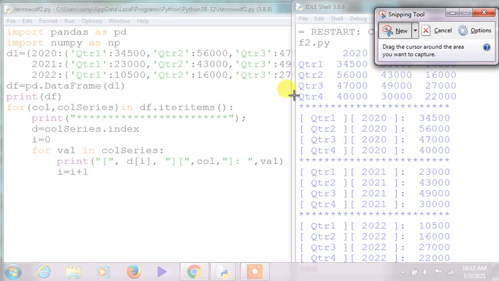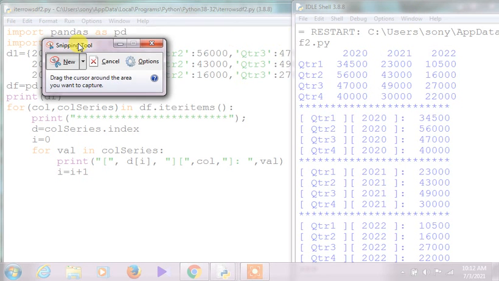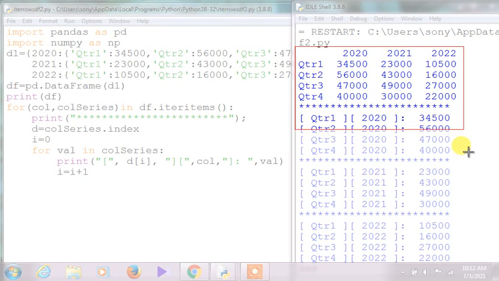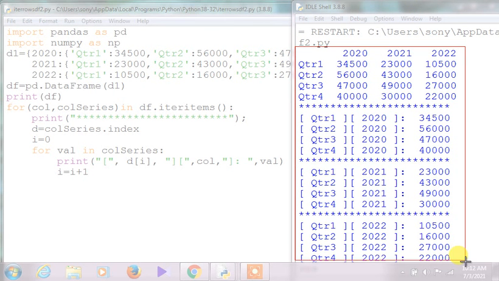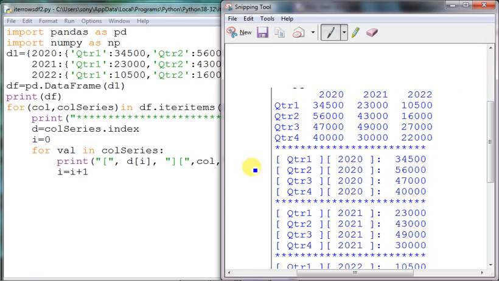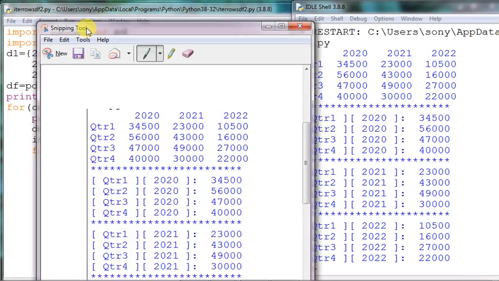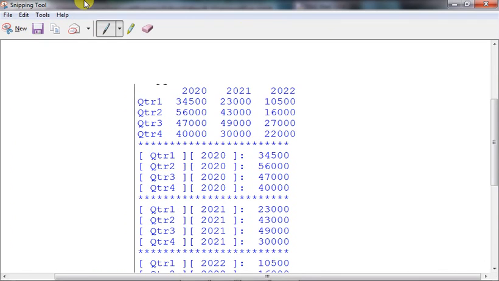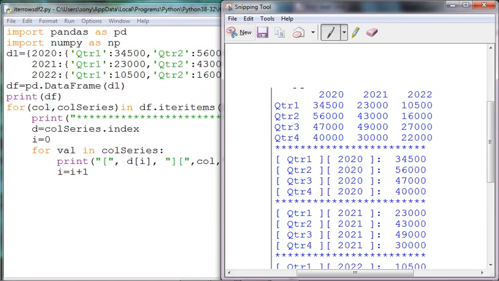So here the column series index has taken place. I am just picking up this particular output so you will be able to understand it. One set of output like this. I have taken this output because in the same terminal both outputs cannot be kept. So now what I am doing, this one I am keeping.